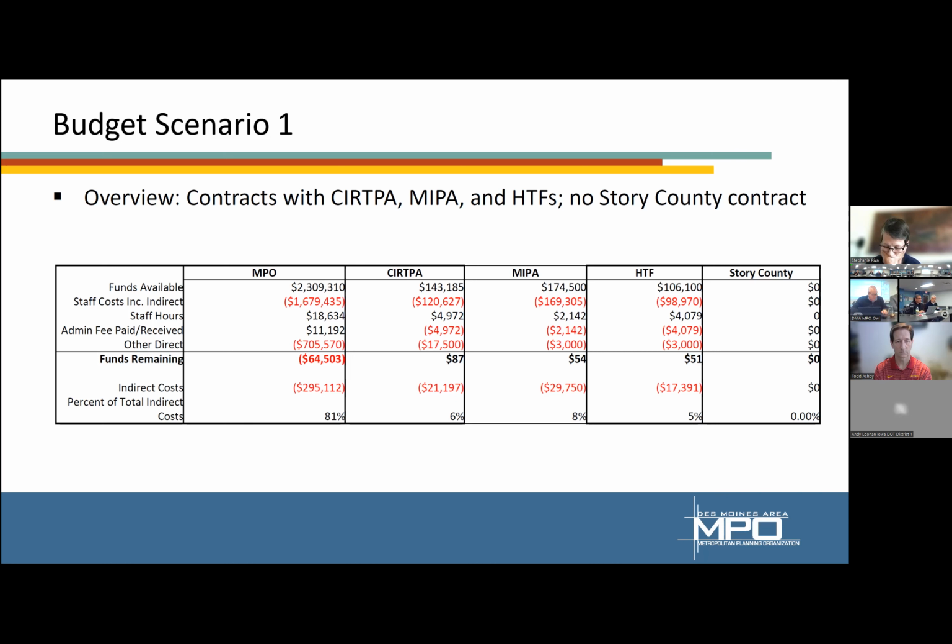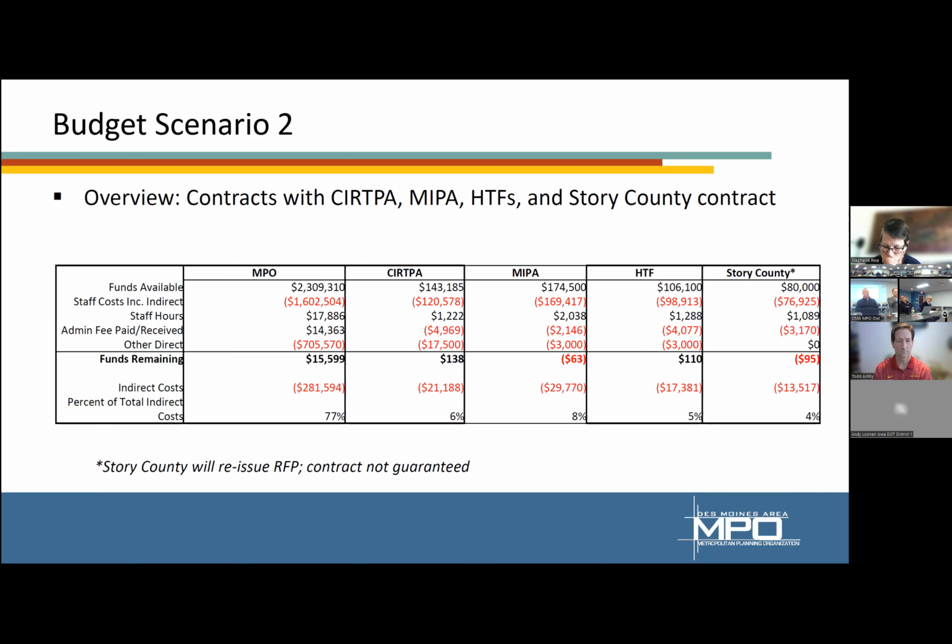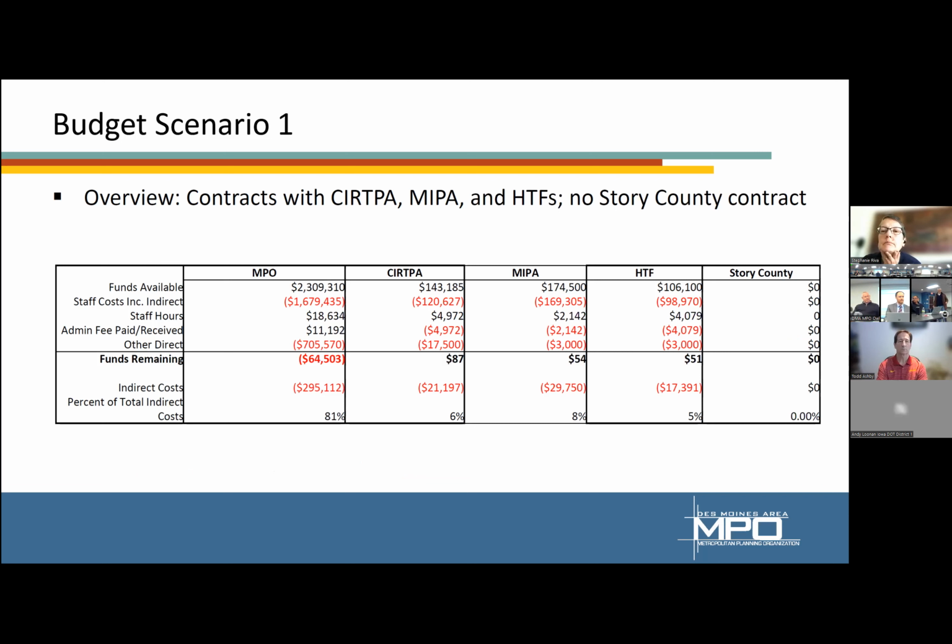Exactly. So in between these budget scenario 1 and 2, you're adding in the Story County. So there's 1,000 hours that go to Story County. That means there's 1,000 hours less for MPO, which is, I think, what you're pointing out. I mean, we could do the reverse and show, here's what it just takes to do the MPO, here's what the budget will allow. You told me what it takes to do the MPO. It's 17,000 hours. That's assuming we leverage. No, that's period. Well, it doesn't matter if we leverage.